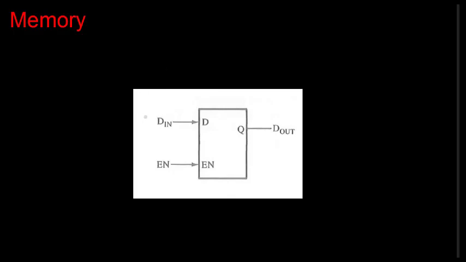So how does it work? Here we have this enable. Generally we connect a clock here. As long as this is 1, it will function normally: input is 0, output is 0; input is 1, output is 1. So as long as it is enabled, it will give the data accordingly. When this becomes 0, it will not respond to the inputs, and it will give the output which was previously at the output before we disabled it.